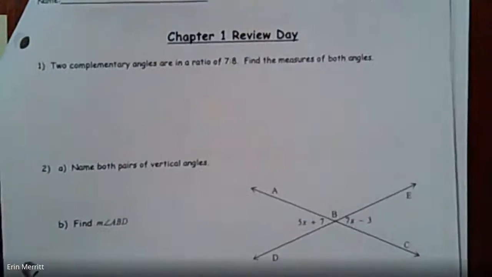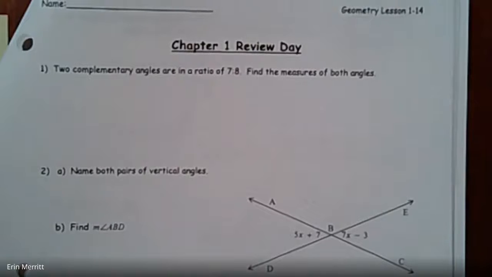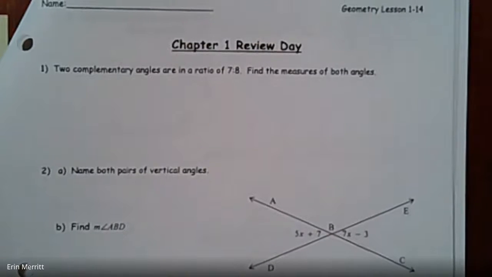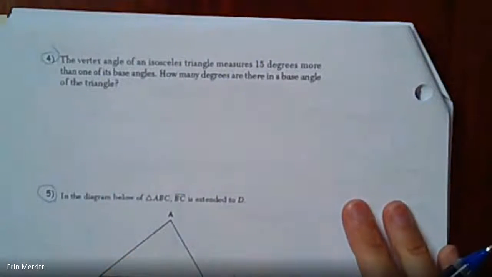I'm going to go through some of the questions on the algebraic piece of it. And then we'll probably take questions on the constructions in class. So the ones I would like to start with are number 4. If you flip on over, number 4 here says the vertex angle of an isosceles triangle is